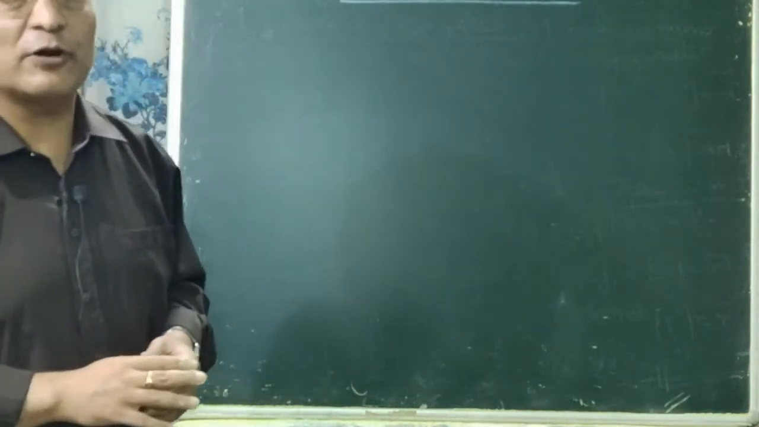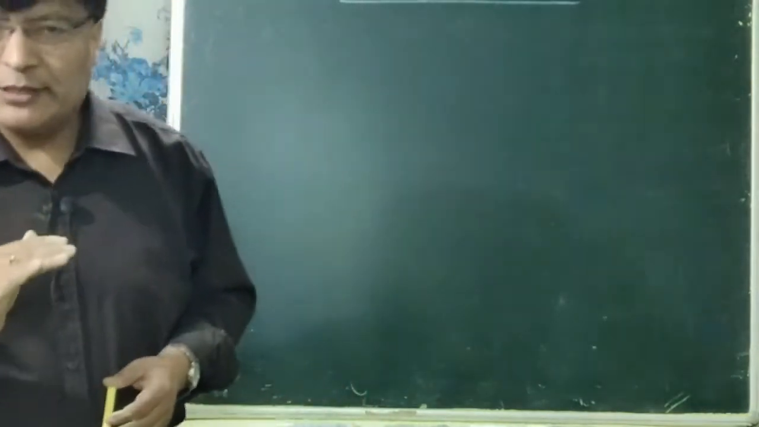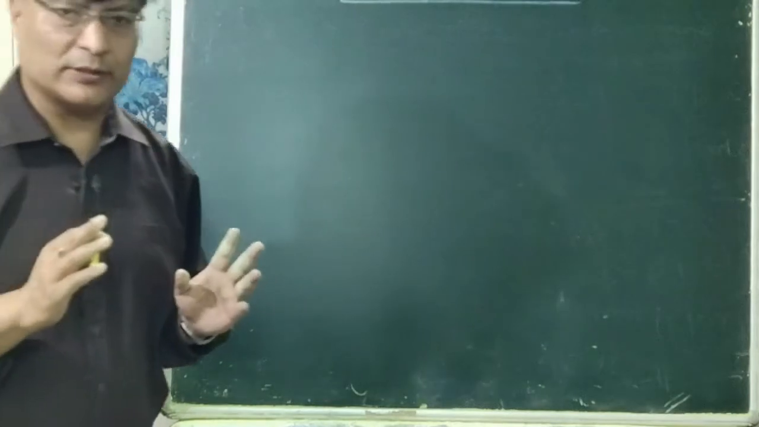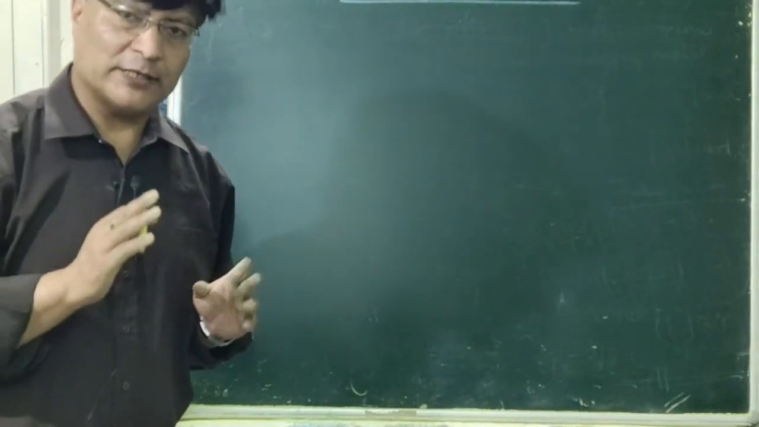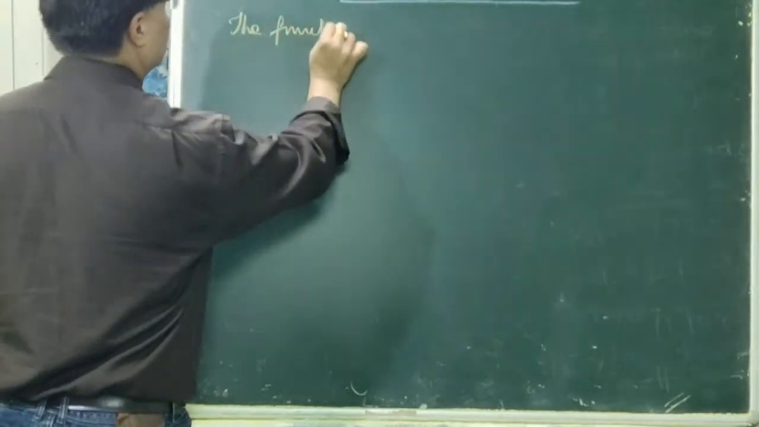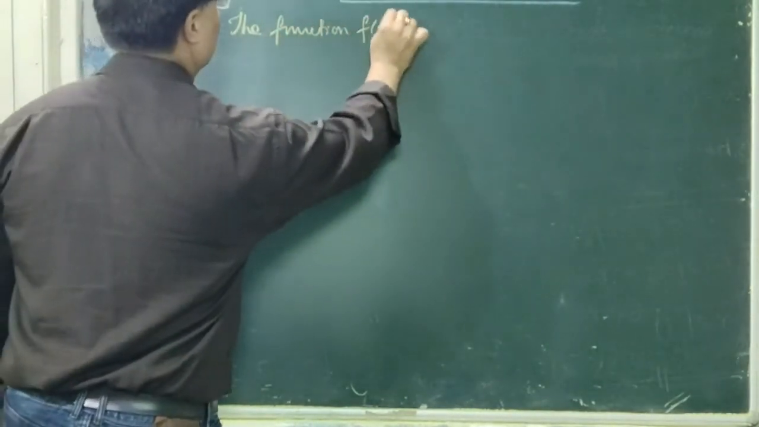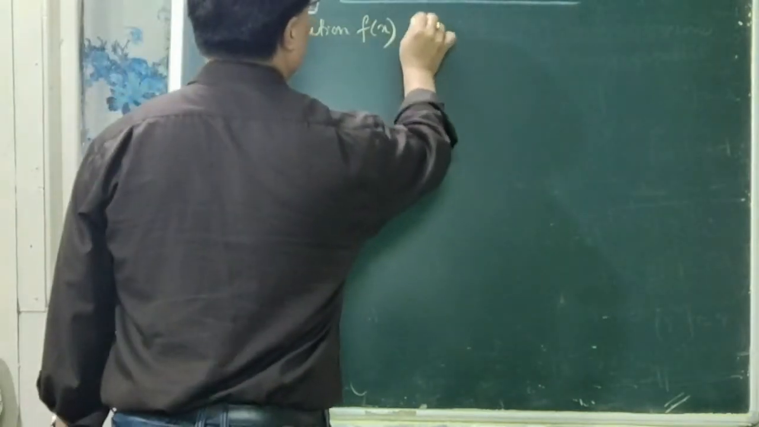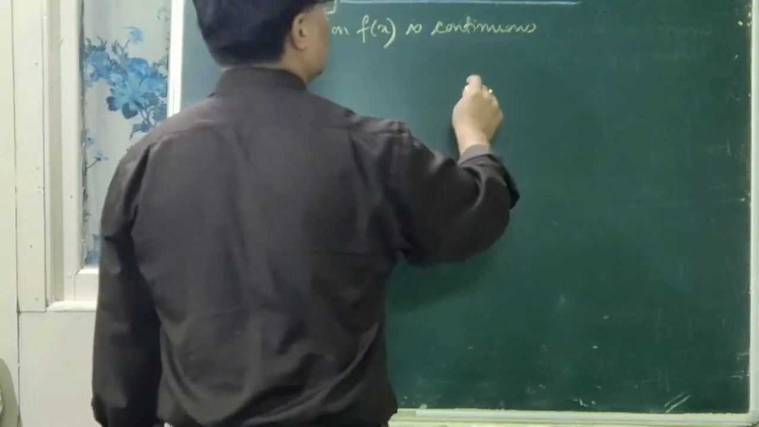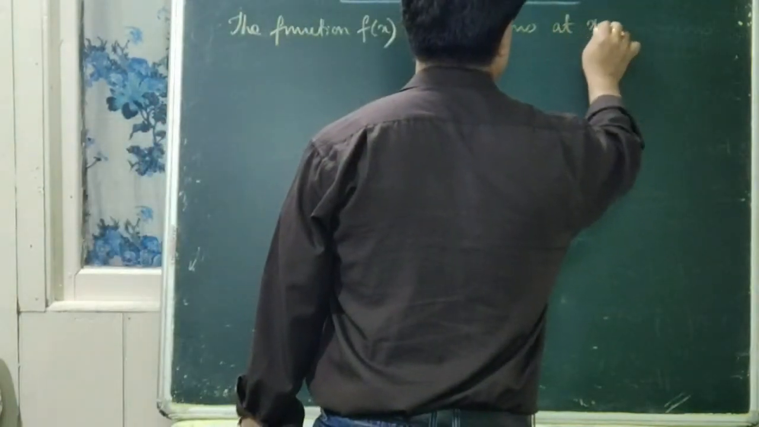So now again we will write down the definition of continuity of a function. There is another way of writing the definition of continuity of a function. So first of all we will write down the definition, then I will explain it to you. The continuity of a function: the function f of x is continuous at x is equal to a,